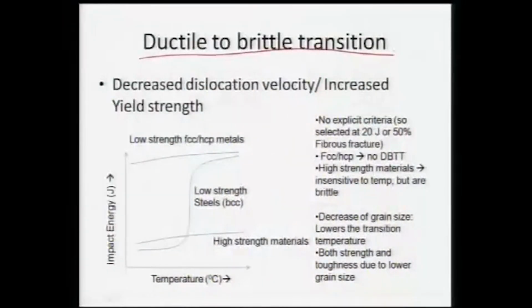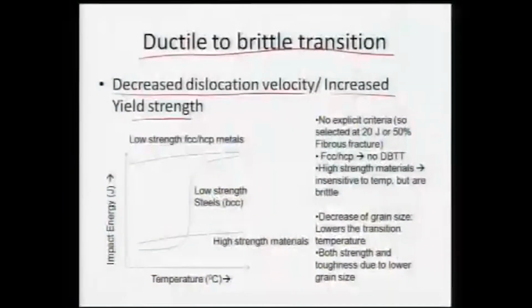Eventually, we can also observe a ductile to brittle transition, and the brittle fracture generally occurs because of decreased dislocation velocity. Now dislocations can't accommodate the stress because the rate of strain is pretty high, or once you reduce the temperature, the dislocations cannot move that easily. Also, the material has increased yield strength, so in turn it cannot accommodate the yielding of the material. So, in turn we will observe very brittle behavior of the material.